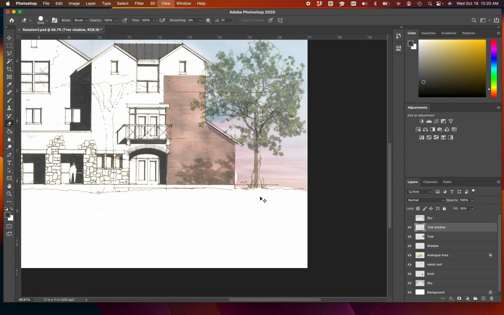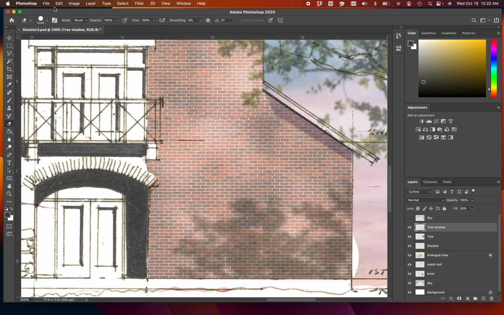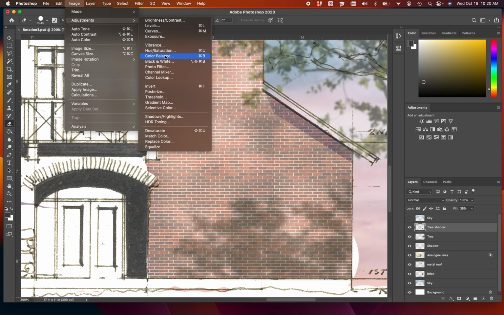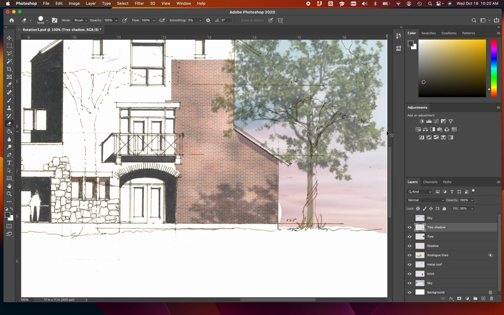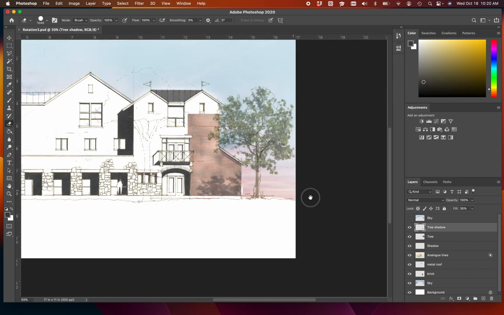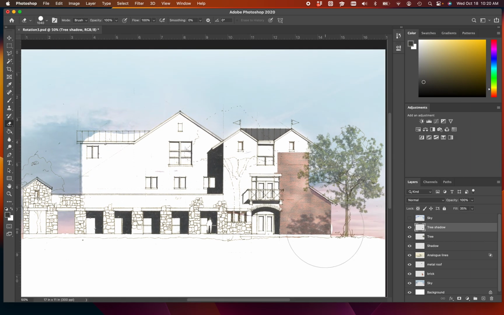If I wanted it to match some of my other elements, I could slightly make it purple. Right, I can go to color balance, add a little bit of blues to it, add a little bit of cyan, right? Really dialing it in. And you might not see that so much, of course, on the projector, but hopefully automatic depth, right? And nobody has to know that it was a copy. In fact, nobody will really know that it was a copy. They might put 2 and 2 together, but again, it'd be the shadow of that exact tree. So again, looks pretty